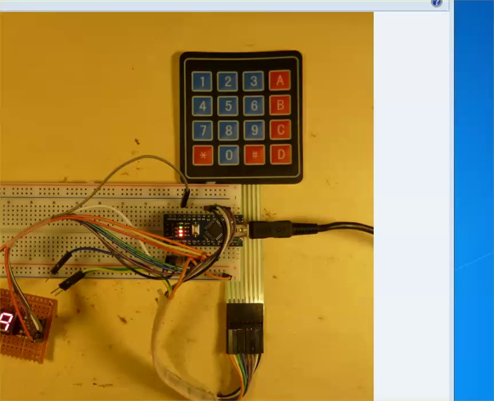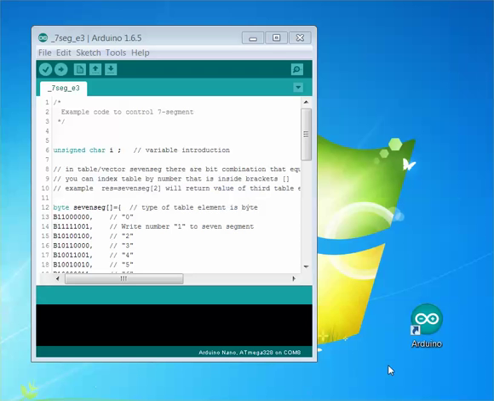Now let's connect our processor module to our PC and start the real hardware development work. First, connect the USB connector to your processor module and the other side of the cable to your PC. Then you can start your development environment by pressing this Arduino logo, and you will get this kind of